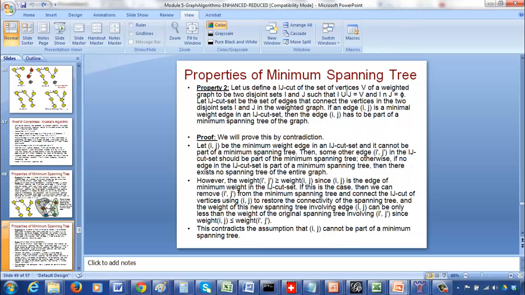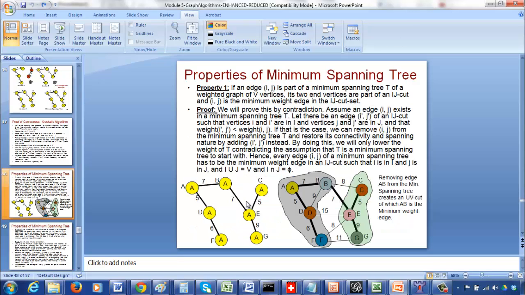Same thing. If you have such a partitioning of the vertices, then